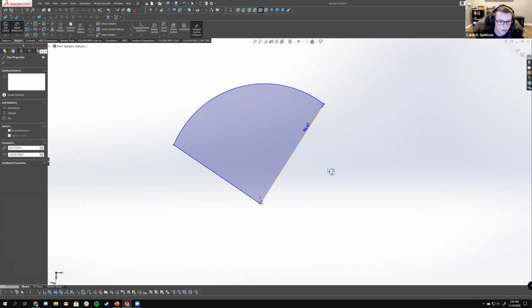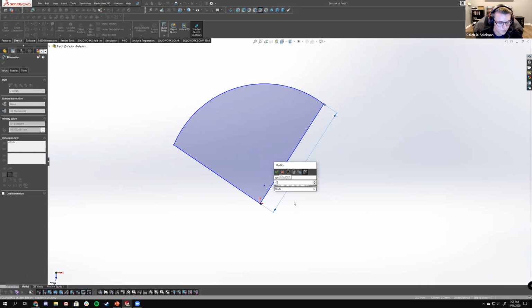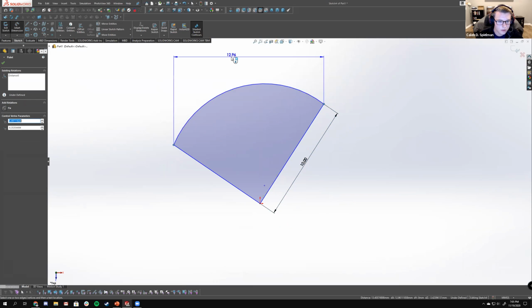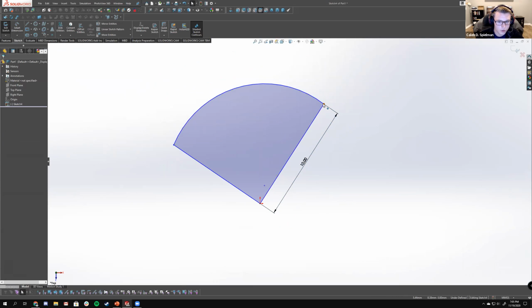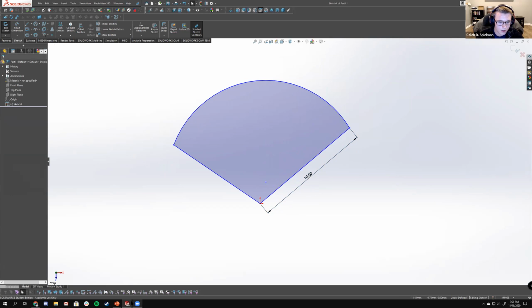So I can define the length of this line. Let's go 1 centimeter. I can define this distance. I can do many things with the smart dimension. It's not defined yet, however. This line has merely just been assigned a magnitude and not the direction. And that's when